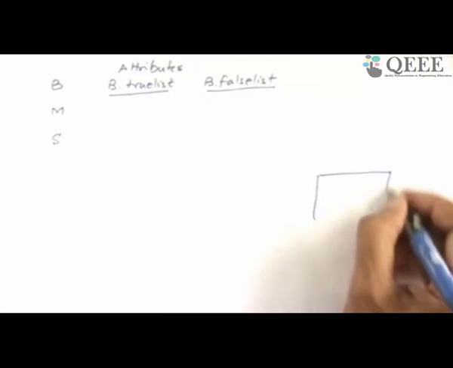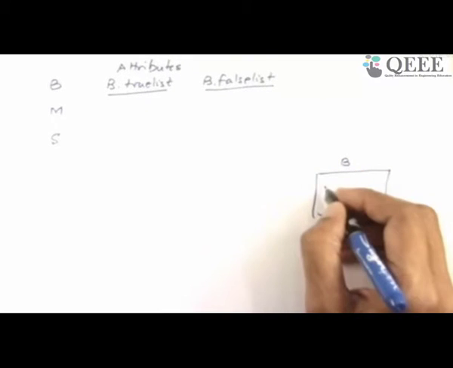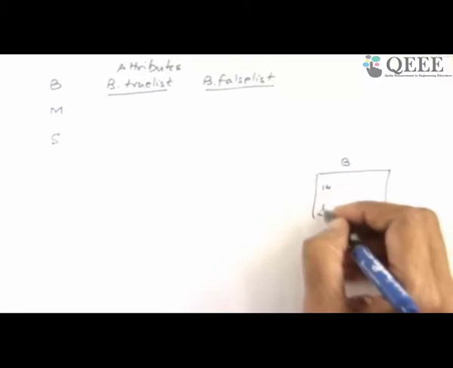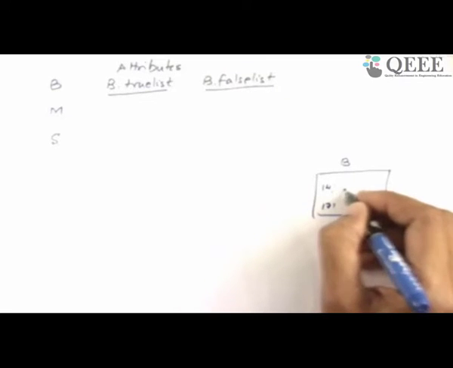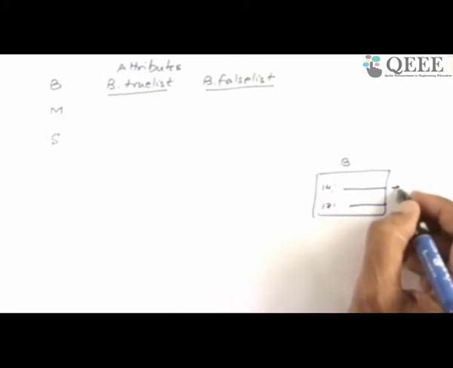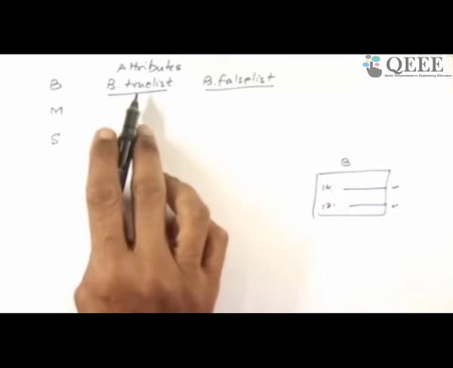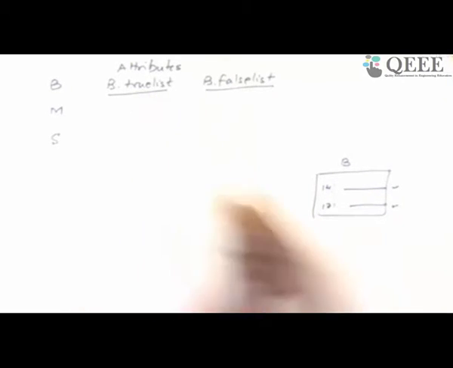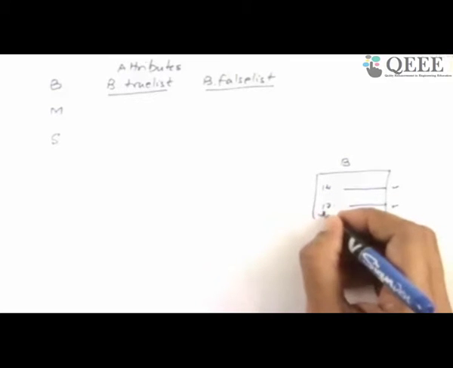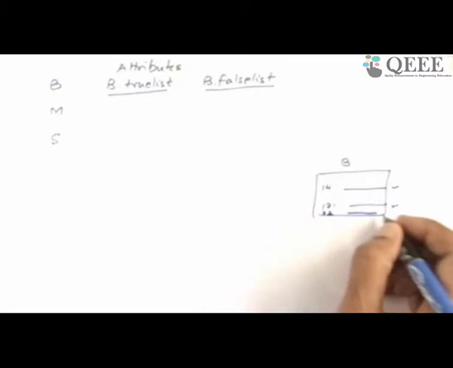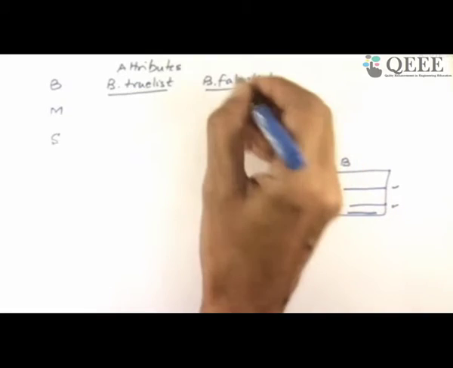It means that if this is B, and if b.trueList happens to be 14 and 17, it is very clear there is a goto which is not known in 14 and 17, but this is where the expression becomes true. If b.falseList is 22, then this is the goto which is incomplete, and this is where the expression is false.